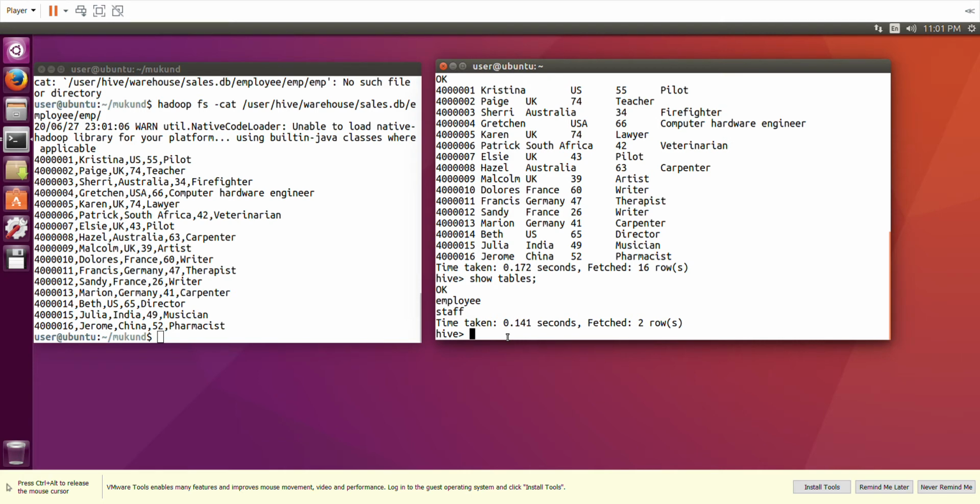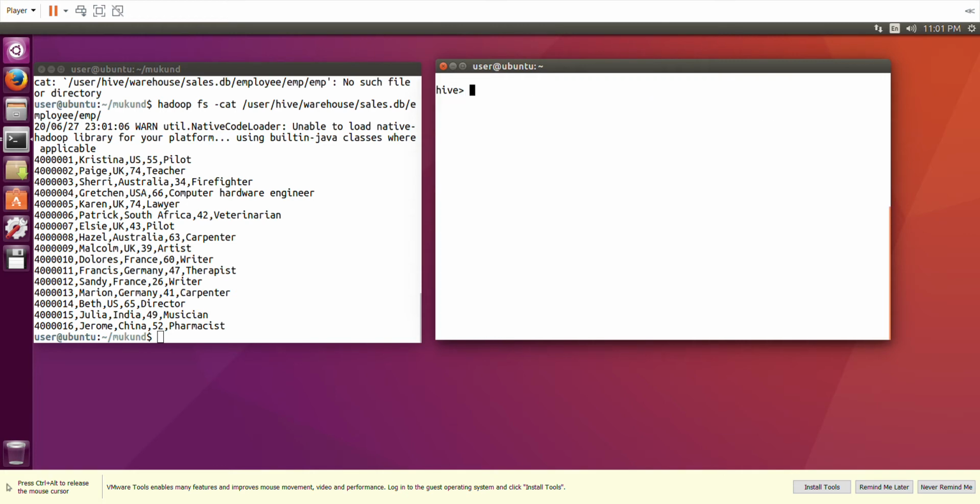bucketing to take place. So what we are supposed to do here, let me clear the screen first, and then I'll write certain commands. So the commands are set hive.exec.